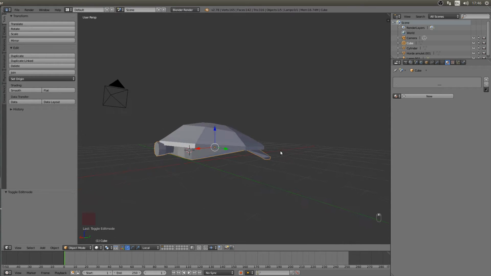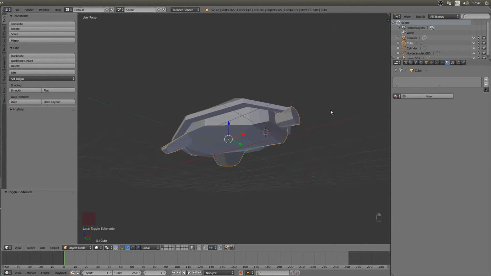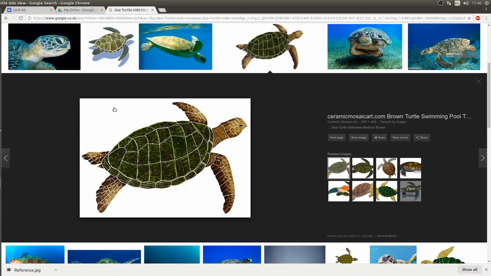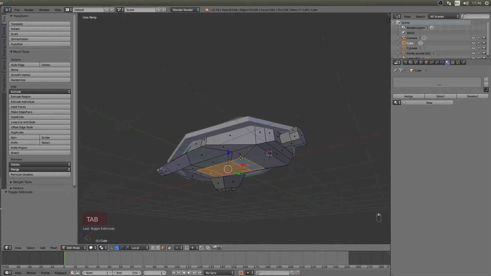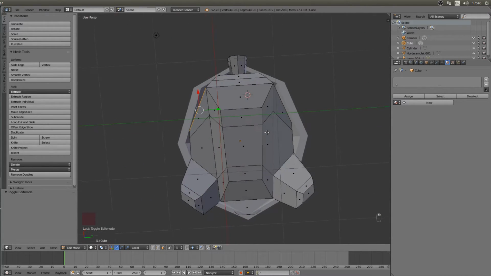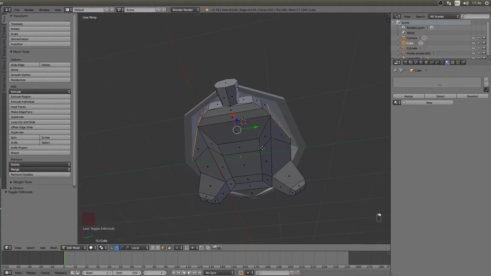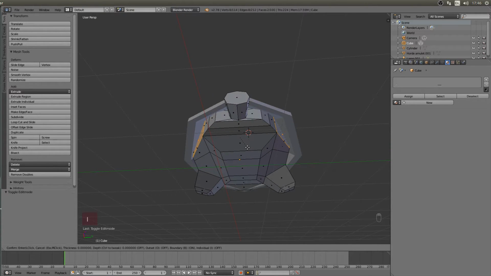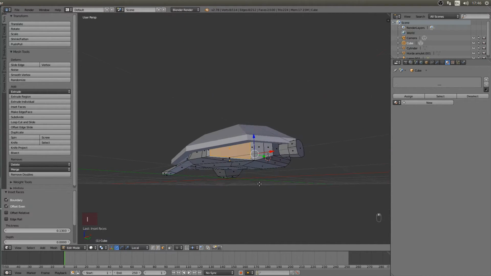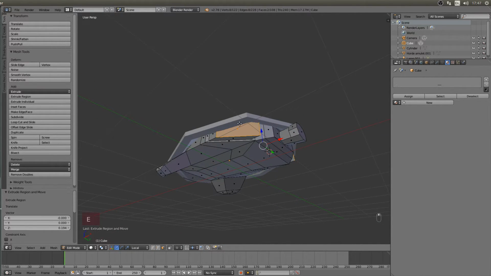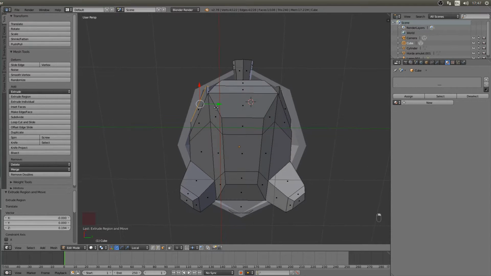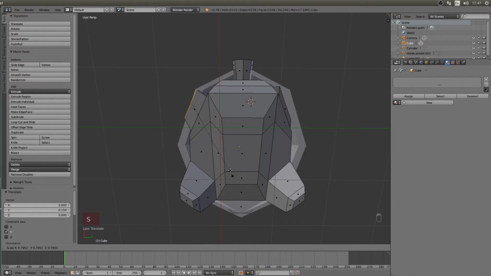Yeah, so we've got the back legs, the shell, and almost the head of a sea turtle. If we now create some front flippers of the sea turtle, it should start to take shape. So we're going to grab these here, these two sides, and I'm going to inset them the tiniest amount and extrude them forwards. If I then move them outwards, scale them individually,